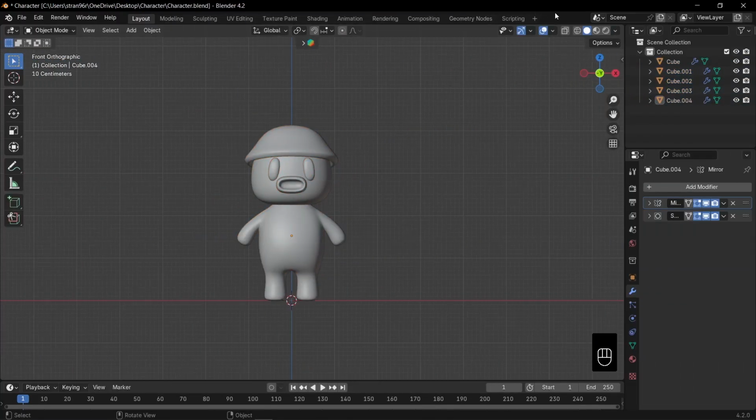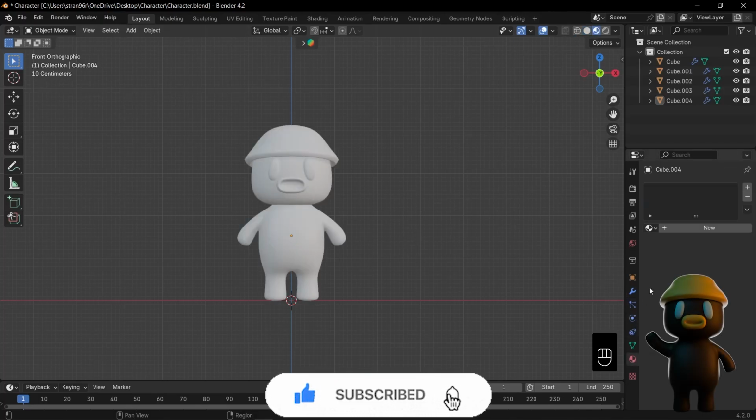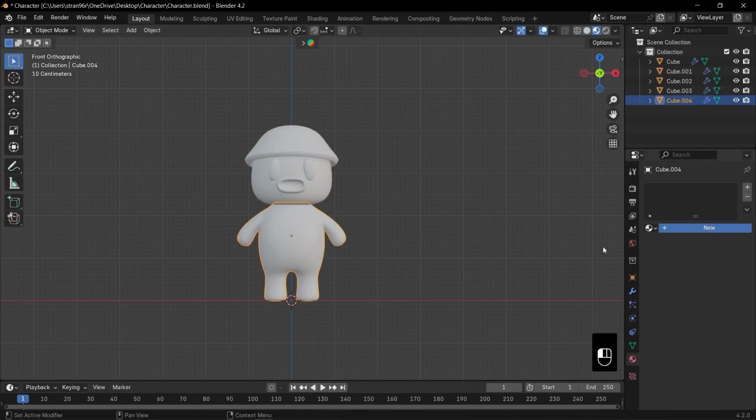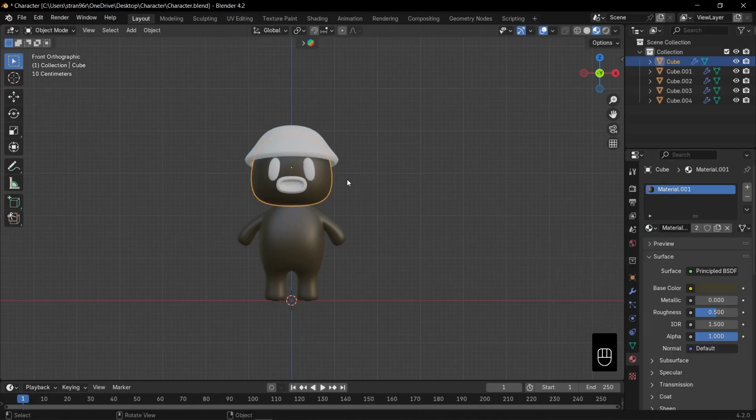Now let's add some materials. Switch to Material Preview mode. Go to the Material tab, select the body, and click New. Change the base color to a dark shade of your choice. Next, select the head, click the Material Slot button, and from the panel that appears, choose the material we just